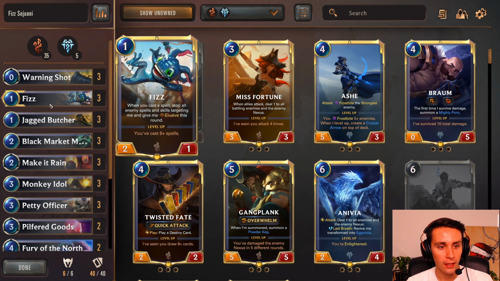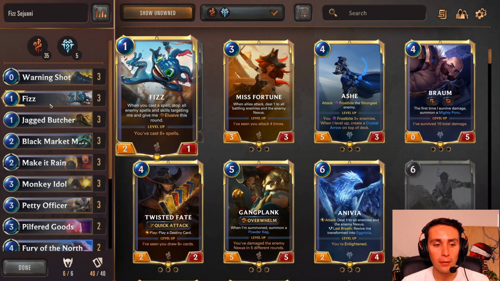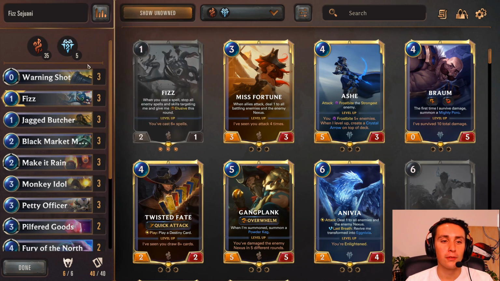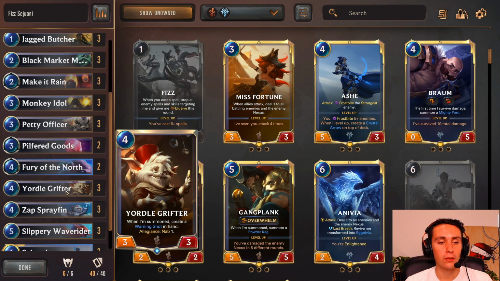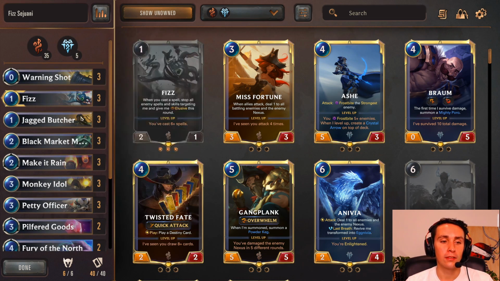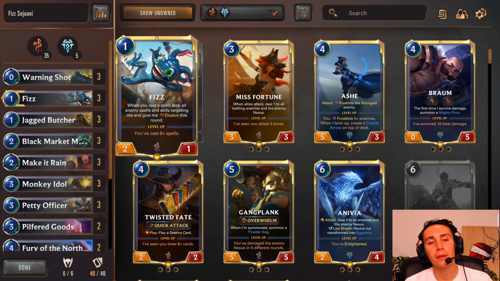Great synergy. We've got Fizz. Fizz is honestly really strong in this deck. To level him up, we do have to cast 6 spells, and it's not like we run a whole heap of spells in this deck, but we have 3 Warning Shots, right? And then we generate some Warning Shots from Yordle Grifter, and we've got our Make It Rain and Pilfered Goods, and Fear of the North as well. So we're not trying to hyper level Fizz up super fast, but it does happen some games. And the Chum of the Waters,